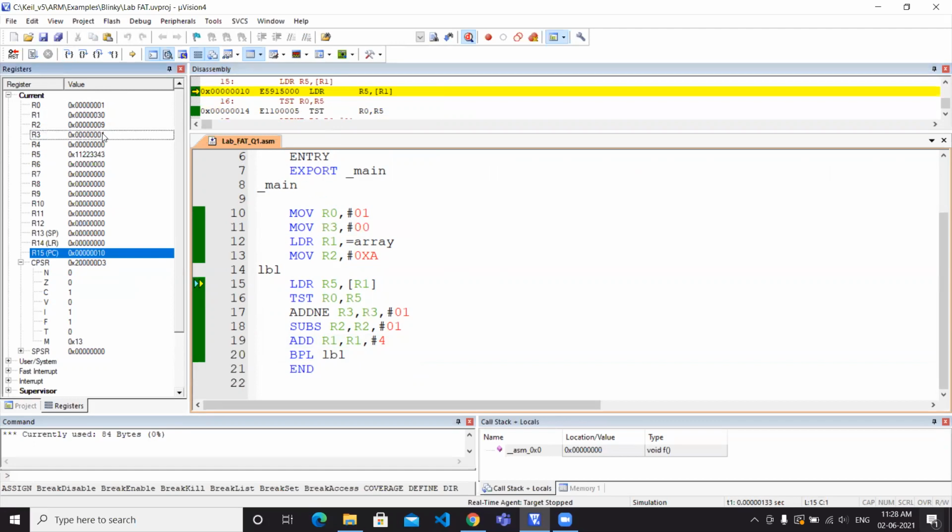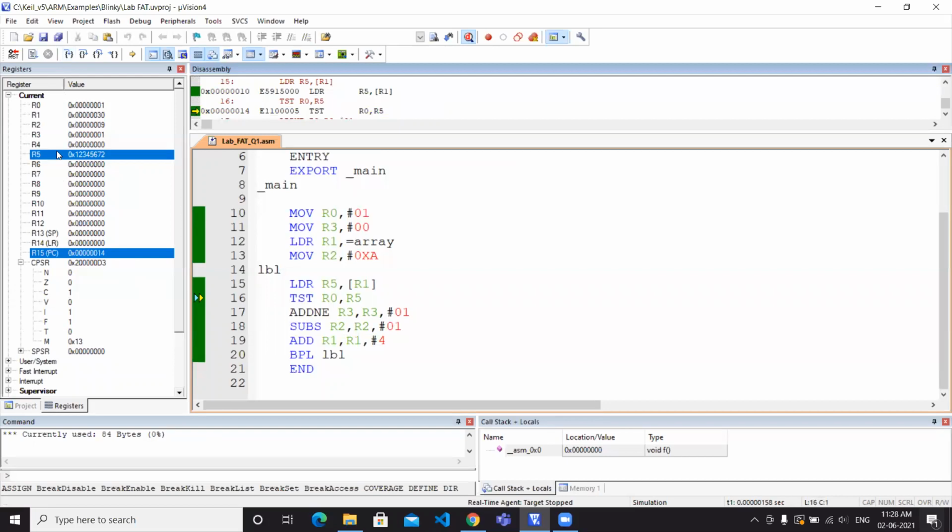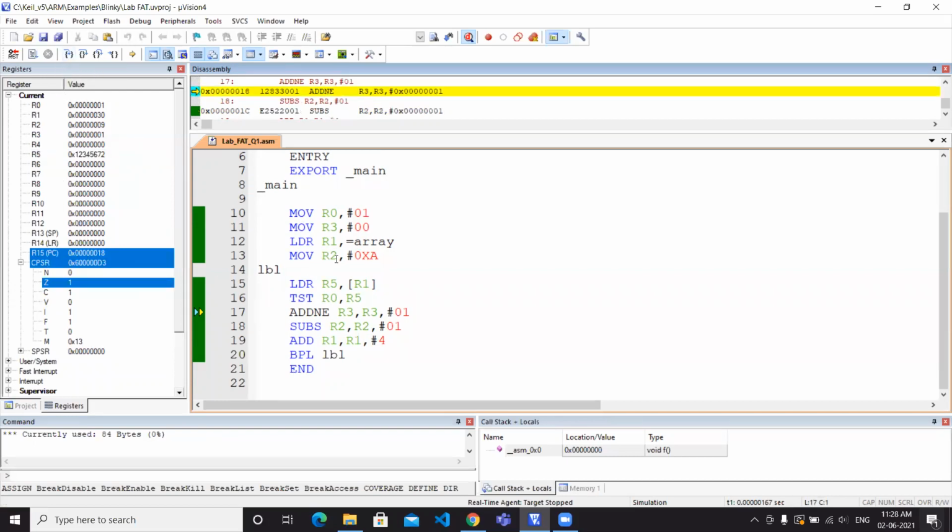So here we increased R3 by 1. The loop starts again, and the second value is loaded to R5. The TST will execute, comparing R0 and R5.